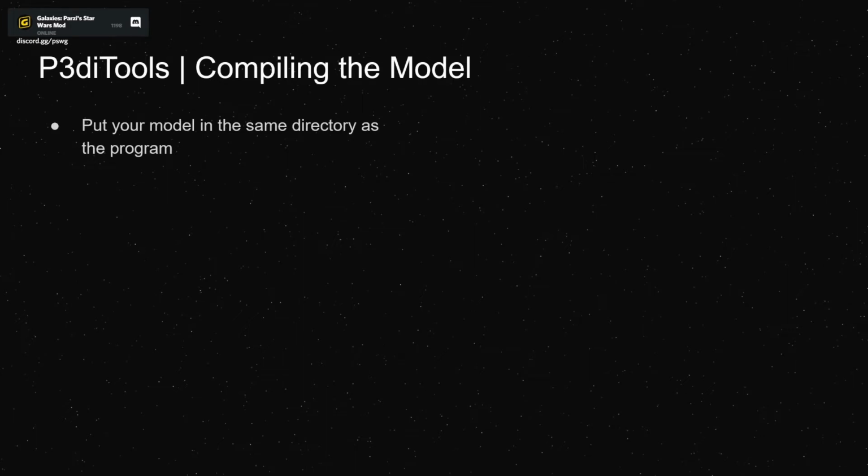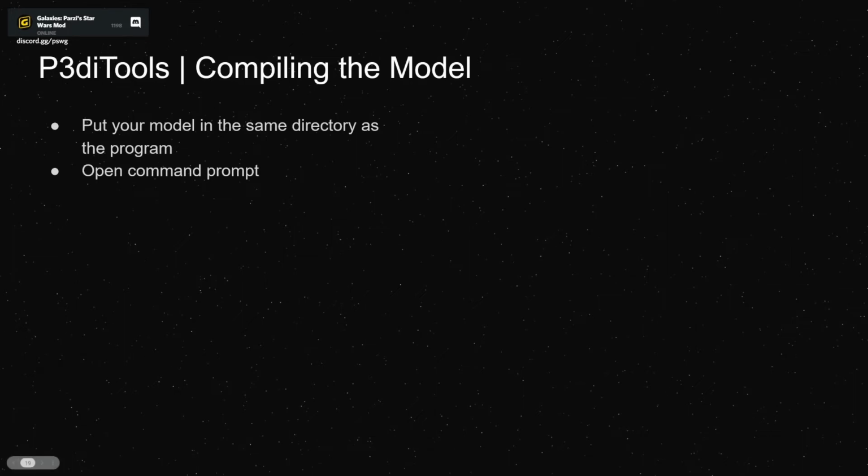So when you go to compile your model, you're going to use a tool called P3DI Tools, which is also available on GitHub and will be linked both at the end of this, at the last slide, and in Discord. The idea is that you download this tool and you unzip it, and in the zip file there's a single executable, an exe file. And so you take your model. If you're not familiar with working with the command line, you'll take your model and you'll put it in the same directory